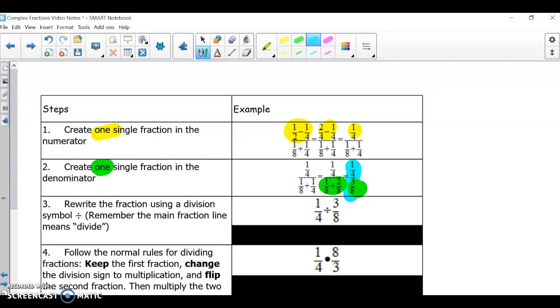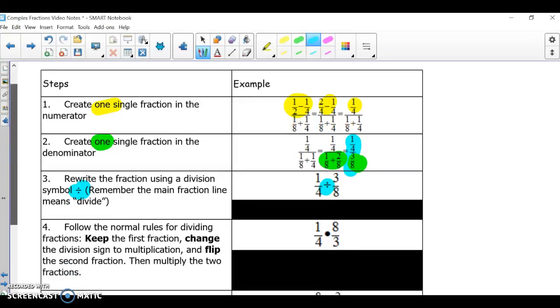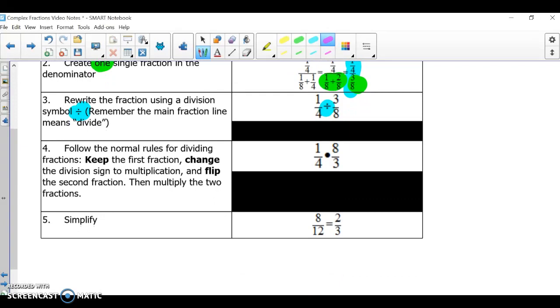Now I just have 1/4 divided by 3/8. Now that I have that, I can write it in a form that's familiar to me. I know how to write it with a division symbol in between. So I'm going to take it out of the fraction bar and write it as 1/4 divided by 3/8. Now remember way back to when you learned how to divide fractions. We hate dividing fractions. They are so icky. So instead of dividing, we do keep, change, flip. We keep the first fraction, we change the division sign to multiplication,